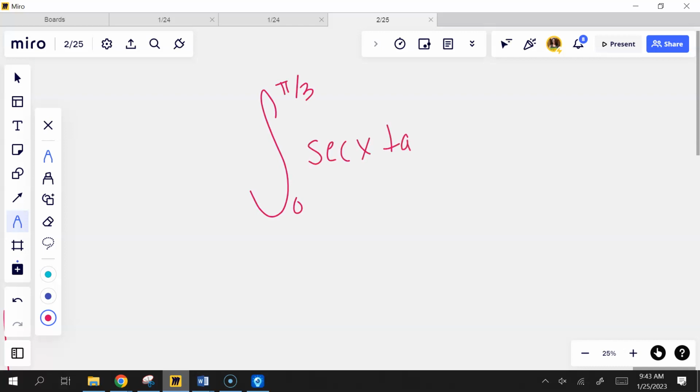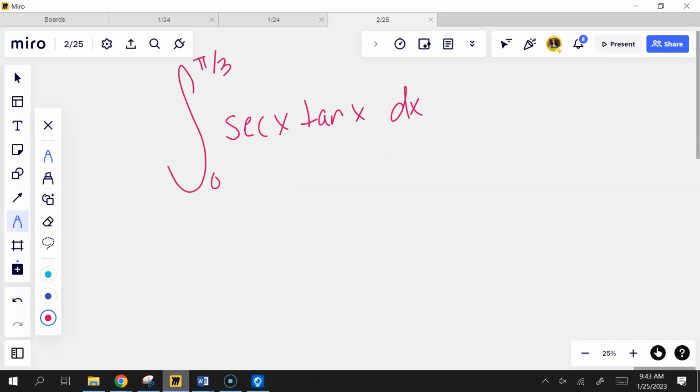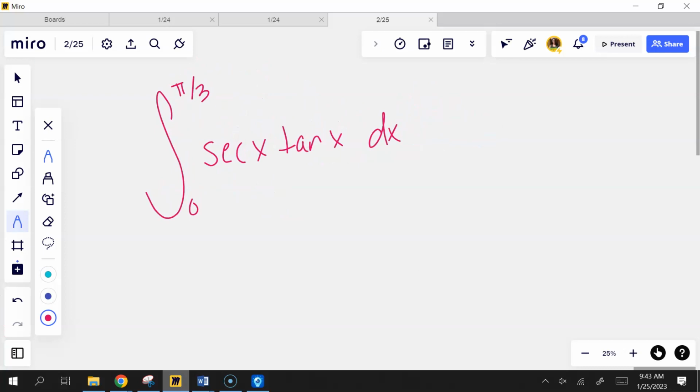I try to put the most common ones on here so you keep seeing them over and over. This is a very common one that they'll throw on there, a secant one. That for some reason, not cosecant, but secant shows up a lot. I know that this is the antiderivative. I know the antiderivative of this is secant x because the derivative of secant x is secant x tangent x. I don't know why I remember that, but I do. Okay, so I'm going to do secant x from 0 to pi over 3, and then I went, crap,